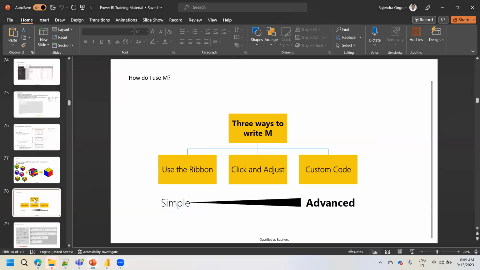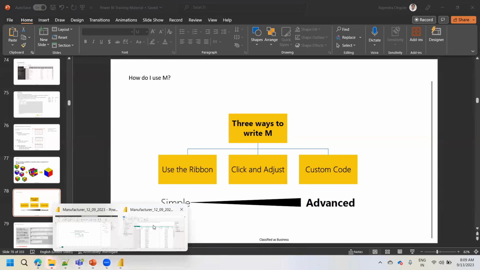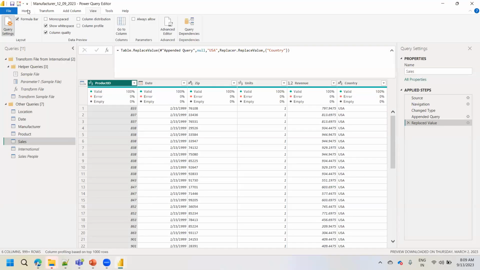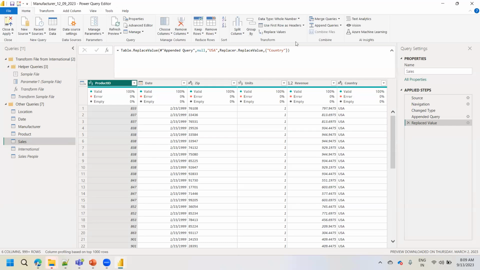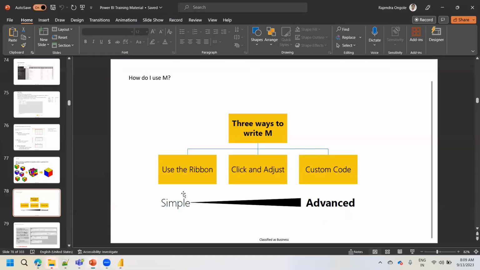So there are three ways to use or write the M functions. Using the ribbon, you can find maximum transformations. Using the ribbon means this is a ribbon. See here, this is a ribbon, the home ribbon or the ribbon tab above it. That is one option. And using button clicks and adjusting the formula, that is the second approach. And the third one is we can write custom code also. So we can start adding new columns. Okay, three ways to write